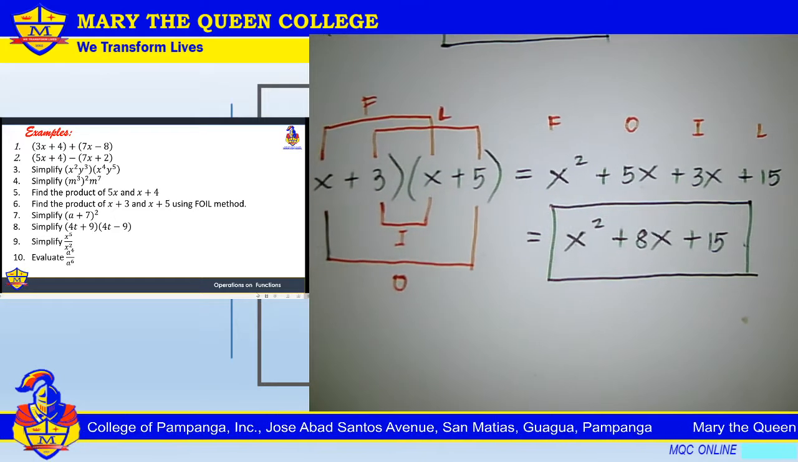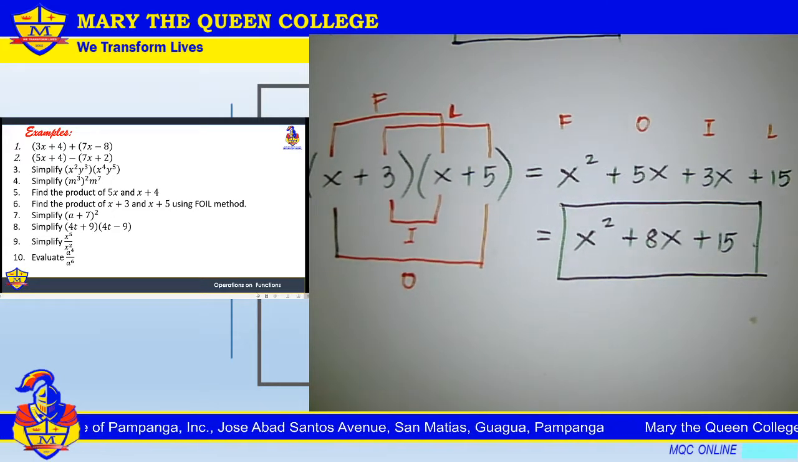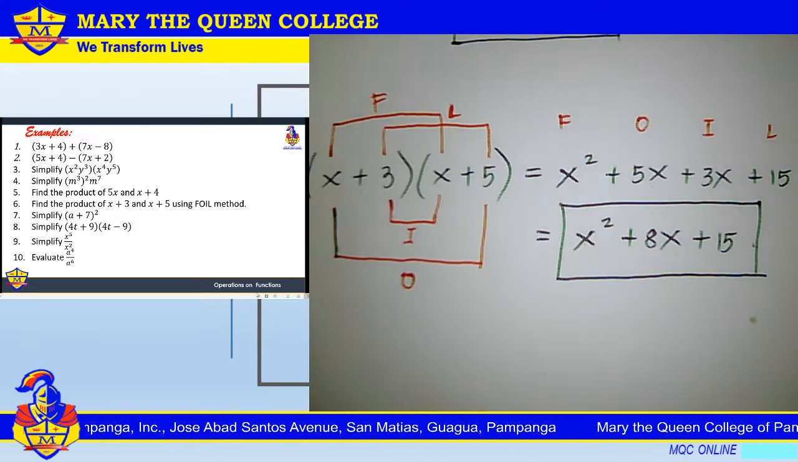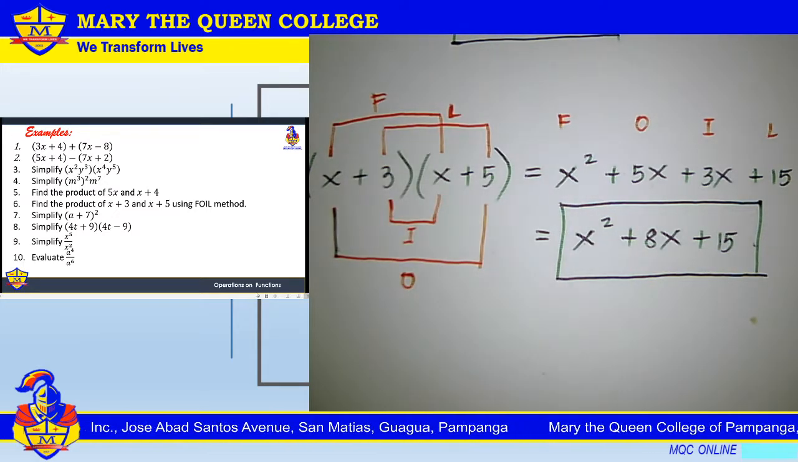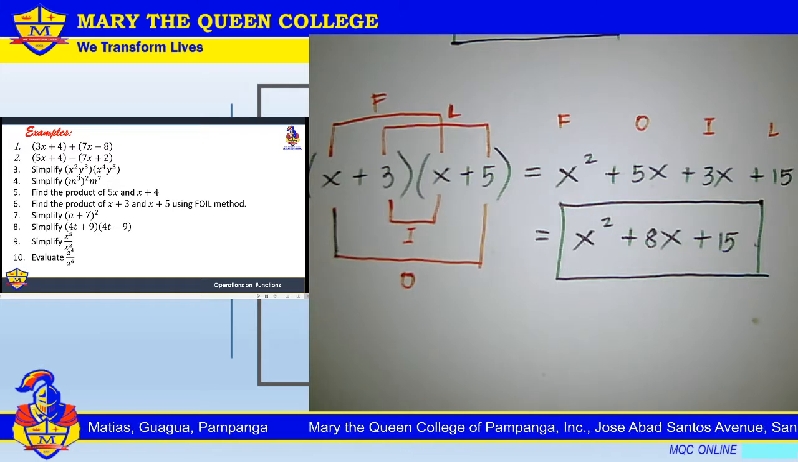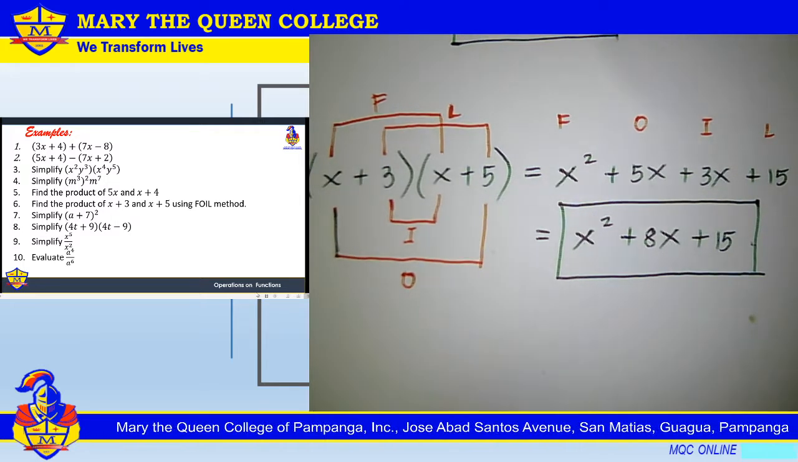That's how easy the FOIL method is. Again, the FOIL method is applicable only for multiplication of binomials. When it is a binomial times a trinomial, that's a different matter. We can use the horizontal method or the vertical method, where we multiply. So that's how the FOIL method is used. Next, for our next example,